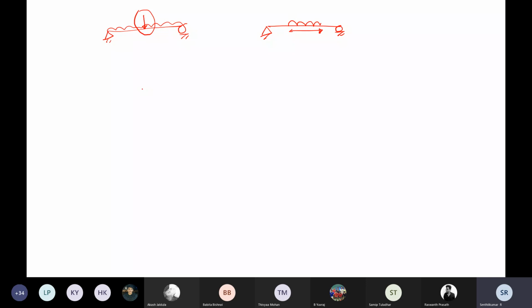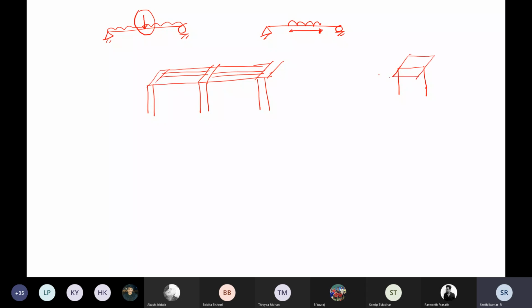But in reality, when you think about a bridge, we have a continuous span of simply supported beams, with pillars everywhere and the deck slab on top. The pillars are connected with the beams. This is a longitudinal beam, because the slab rests on the beams only, like in a normal portal frame. The column is there, and on top of it you have a beam, and the slab is resting on the beam. In the same way, the deck slab of a bridge rests on the beams.